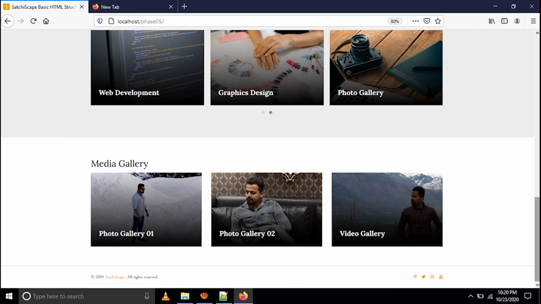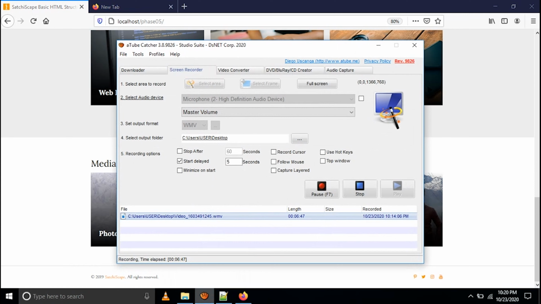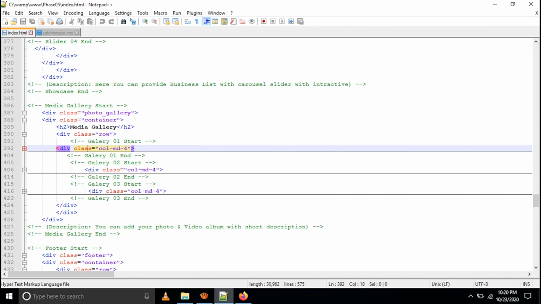Now you can see this is a 3 column layout. So the 12 columns will be divided by 4: 4 into 4 into 4, so it will be 12 columns. So the design is like col-md-4, which means on the desktop, the medium version, the code is 4 columns. So you can see I have given col-md-4. So guys, when you're going to